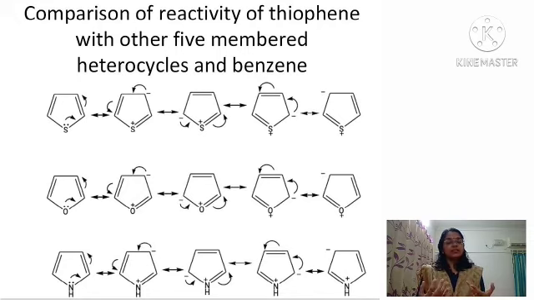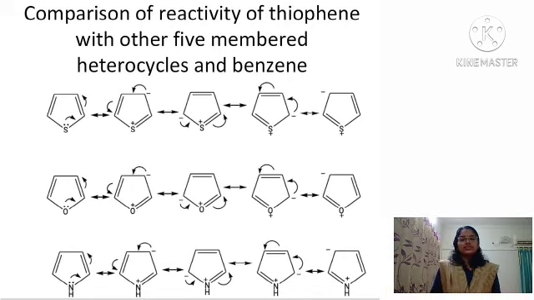That is, if the release of electrons from the heteroatom is easy, it will be more reactive. Next, the third factor is the greater stabilization of the transition state. That is, when the electrophile is attached, if a greater stability of the resonating structures is obtained, it will be more reactive. So when we look at these heterocycles, that is pyrrole, furan and thiophene, we find that the pyrrole nitrogen